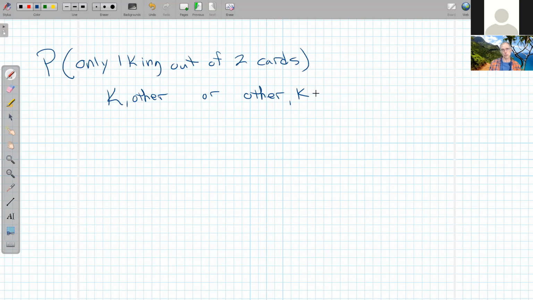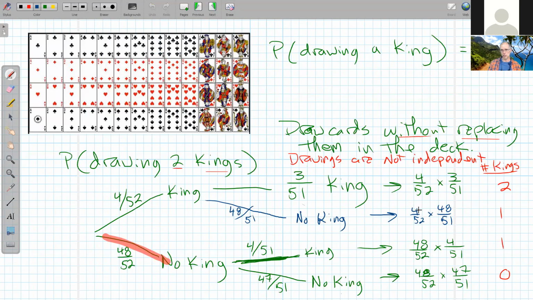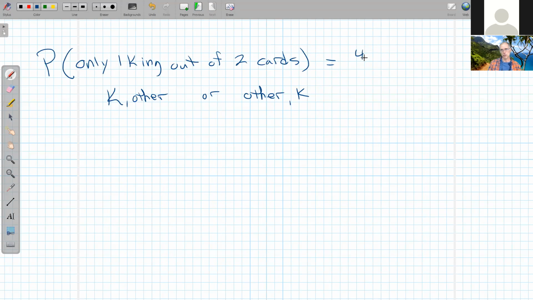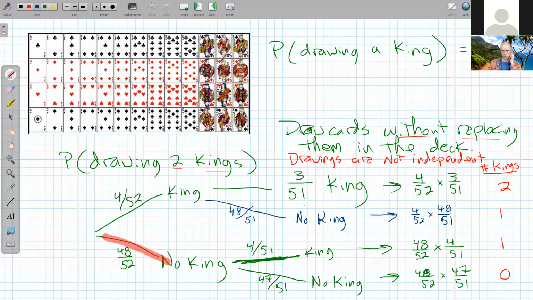So those are the two possibilities. And we do have both of those written out over here in our tree. So that would be 4 out of 52 times 48 out of 51, king followed by no king. Plus, I look back at my tree, 48 out of 52, no king followed by a king, 4 out of